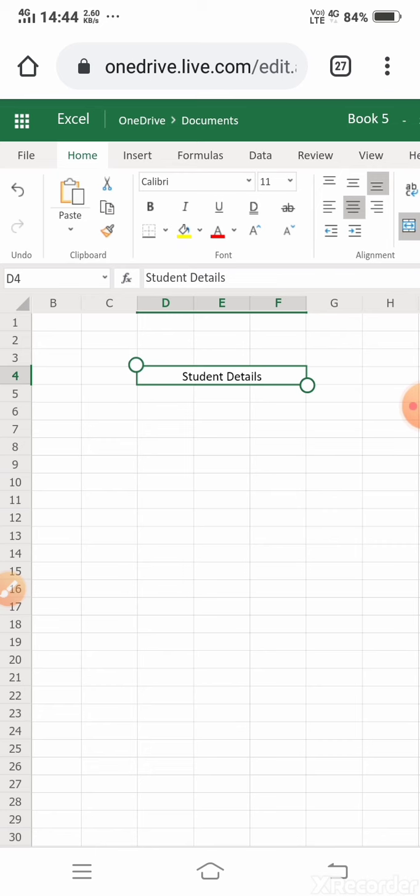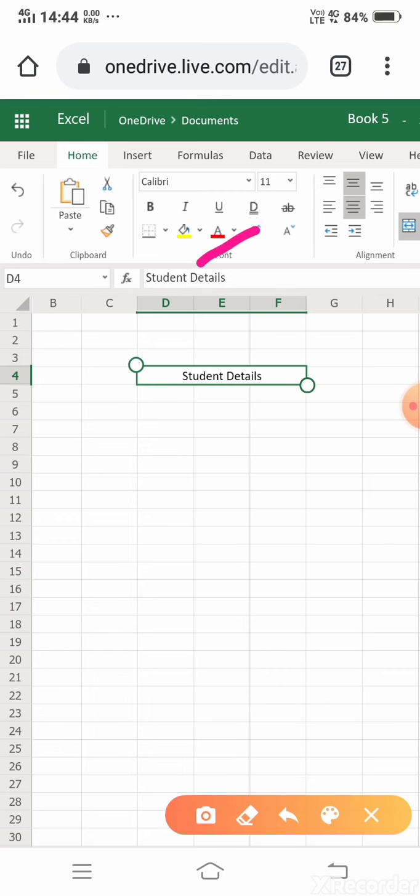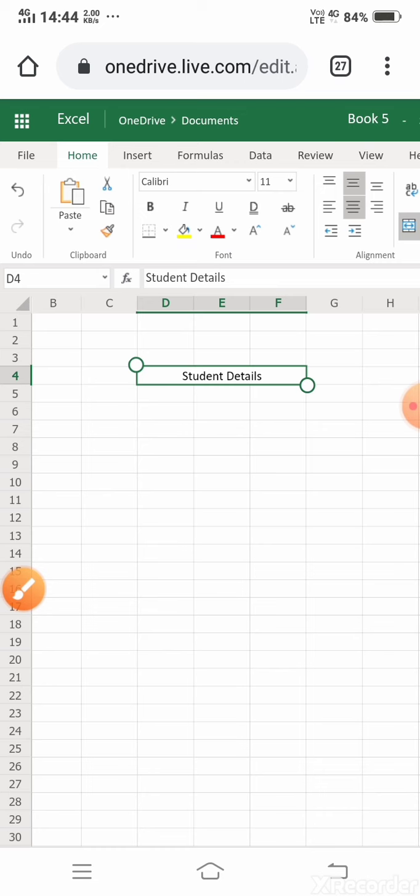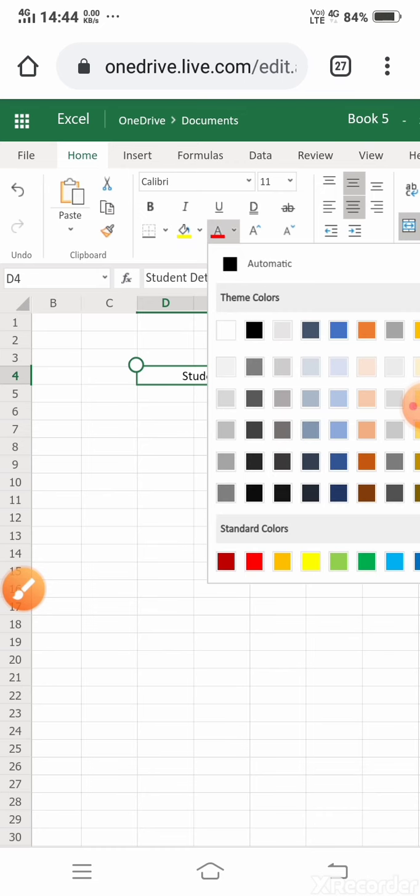Then here are the alignment options. This alignment is on the left-hand side, this is on the right-hand side, and I am selecting this one, so it is in the middle. After that I want to change the font color, so go to this option and select any color.